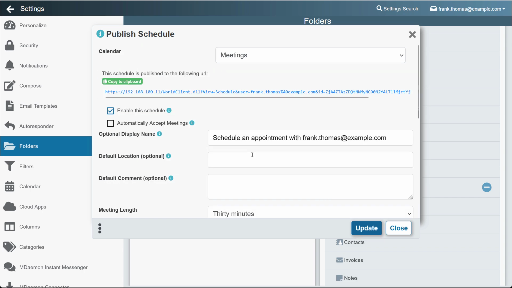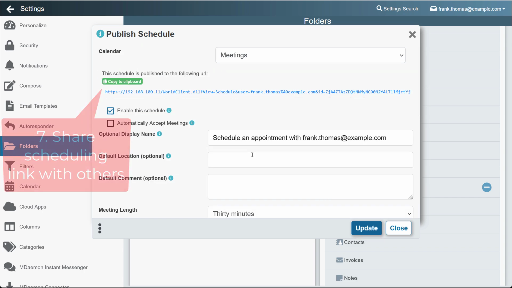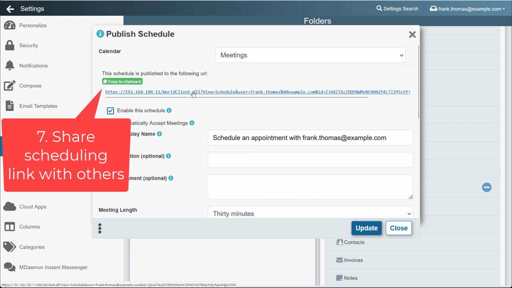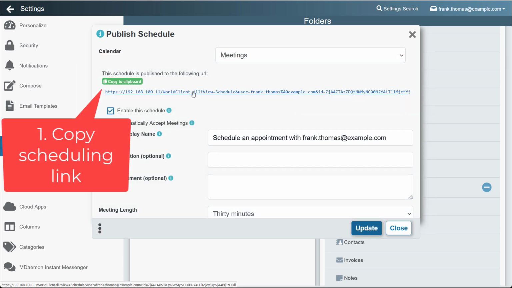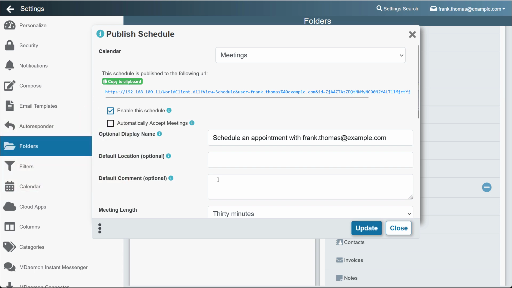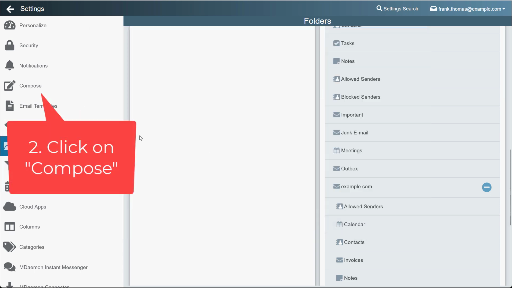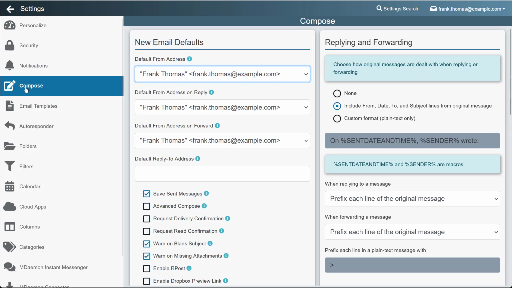Whenever you create your schedule of availability, a link is generated that you can share with others to allow them to book appointments on your calendar. So if you'd like to share this link in your MDaemon Webmail email signature, you can copy the link to your clipboard using the button shown here. And then once we close out of this, you can go to the Compose menu and then scroll down,